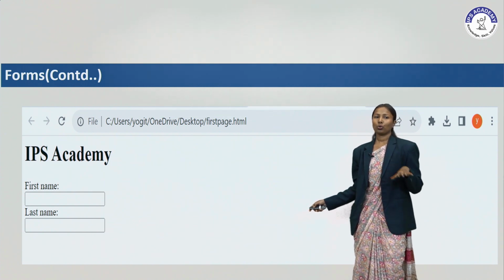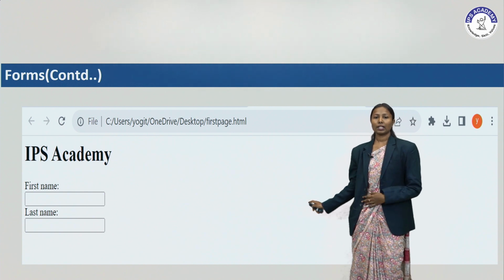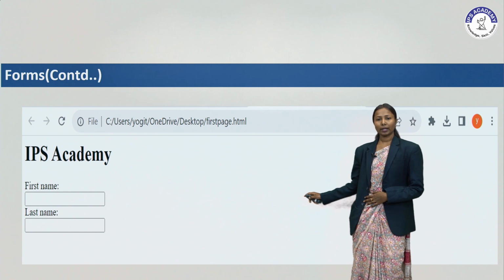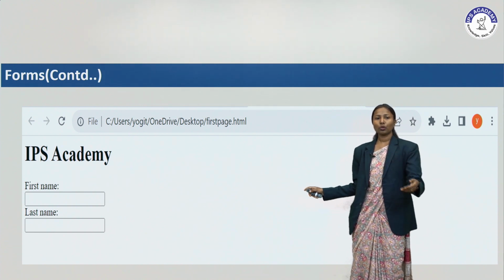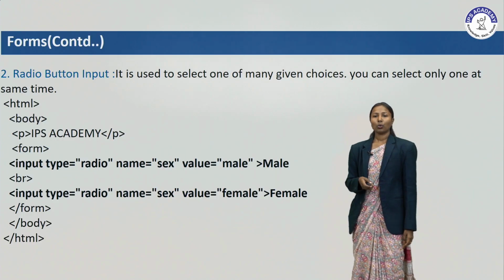So this program will show you one simple HTML form. This form shows you an input field example and the user gives the input through this input field. Now the another